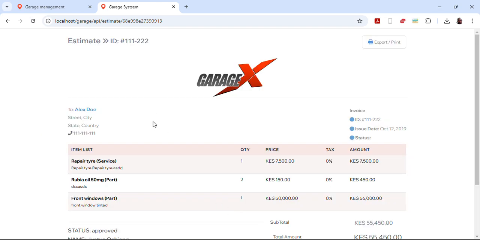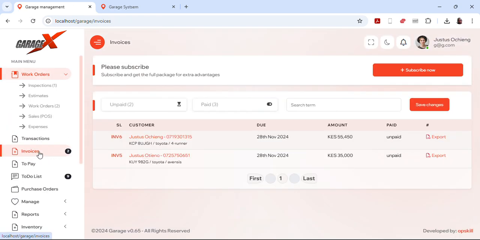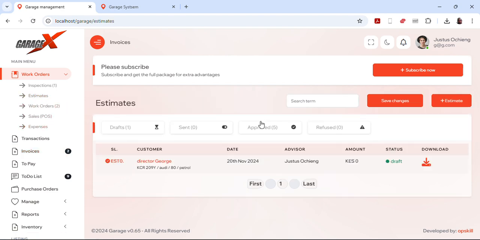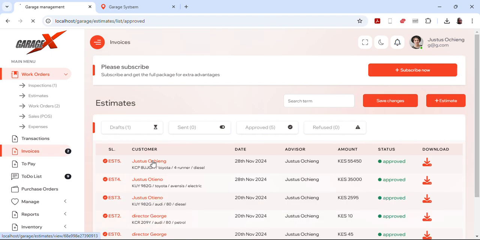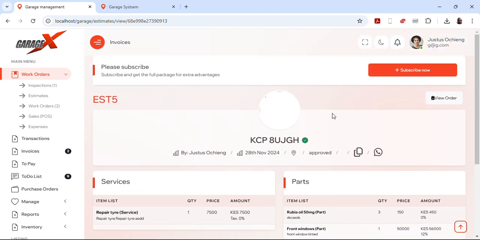Then that is it. Once they approve this particular work order, it will appear under invoices. Like now you see invoices were two, disapproved. When you go to the estimates here, it's now approved. This is now approved, and the signature of the customer is there. So that you don't operate with ambiguity whether the client approved or rejected